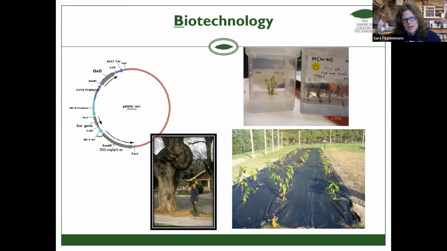We're working with trees. So in terms of biotech, yes, CRISPR is being looked at. Yes, we're looking at genetic engineering. There's lots of other kinds of stuff that's out there. I'm going to talk most specifically about one clone that's been going through. This has been developed by our partners at SUNY ESF. They're in Syracuse. This is Bill Powell and his colleagues, Andy Newhouse, and many, many others who have been working on this program. This is taking a gene from wheat and putting it into American chestnut through a process called